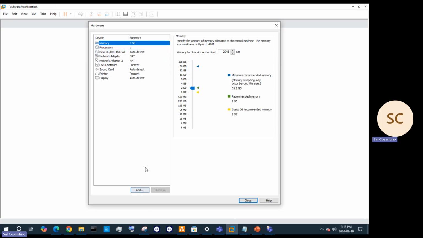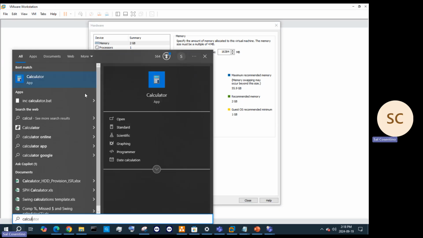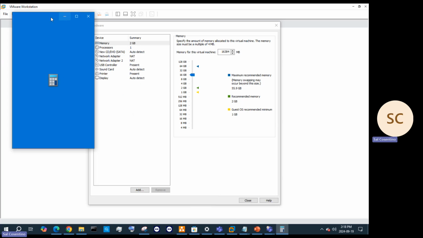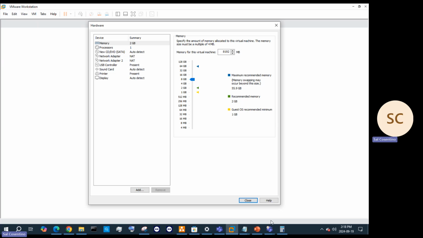And then go ahead and give this one 8 GB, or whatever you want, 16 or 8, that doesn't really matter, or even 10. So we'll show you how to find out the megabytes for that. 1 gigabyte is equal to 1024 megabytes, right? So if I want 8 gigabytes, I multiply by 8, and that'll give me the total memory for that machine. So if we click on that 8, it'll give us the